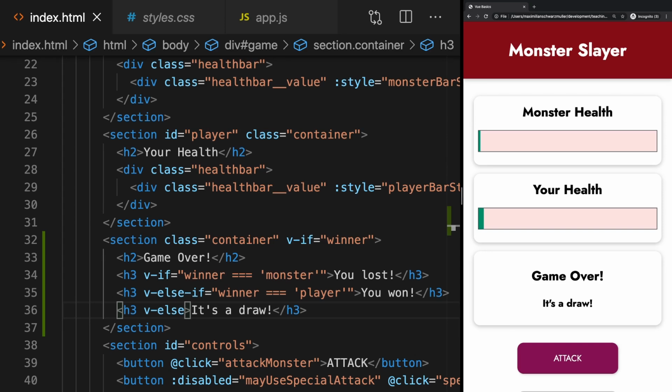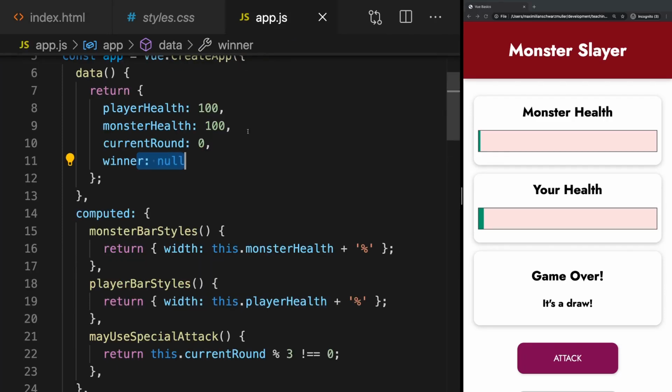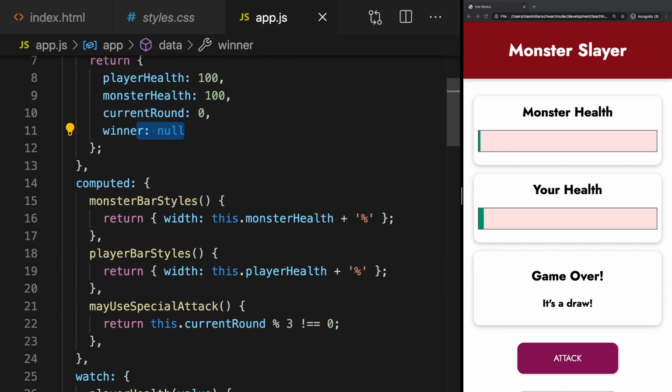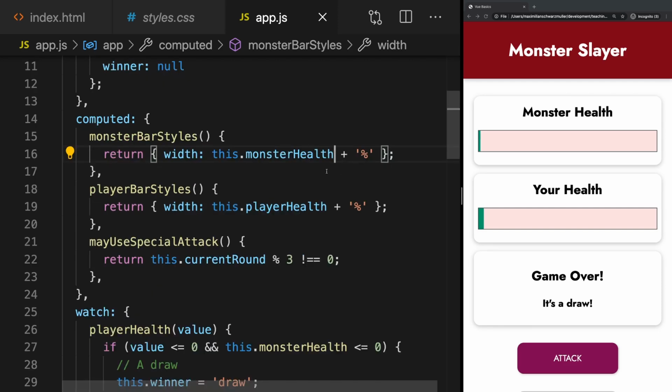Now let's make sure we also restart the game thereafter if we do have such a draw. And let's maybe also update the health bar correctly to really have an empty health bar if the game is over. I want to start with the empty health bars, and for that we have our computed properties with the bar styles, right? Well, we could change those a little bit and tweak them to make sure that we set our bar widths to exactly 0% if the game is over. That should be fairly easy to do here,